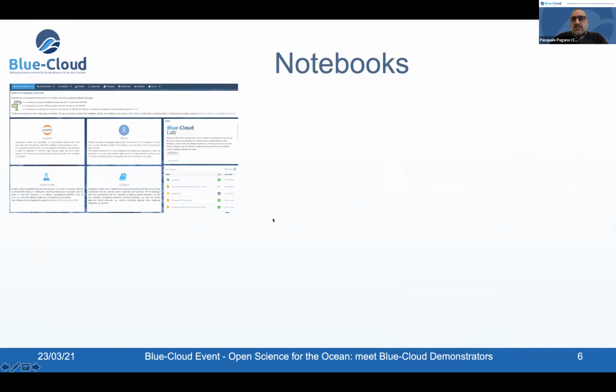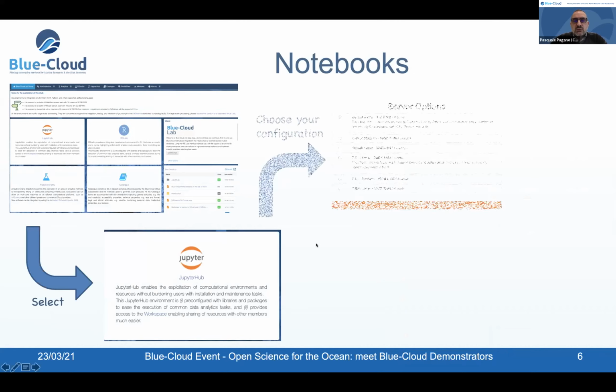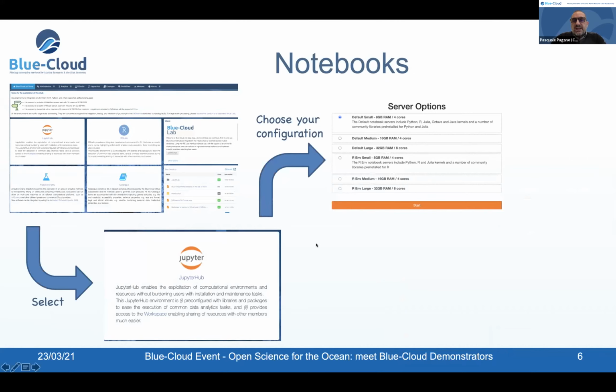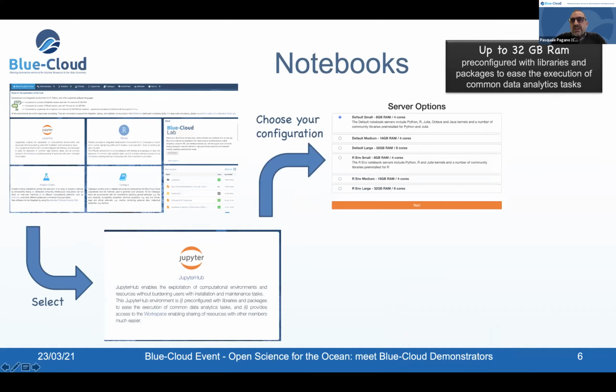The notebook, I believe that many of you already know how to use them, and to use them in the laboratory, it's very easy. You just log in to the Blue Cloud Lab, and then from the home of the laboratory, you just click on the Jupyter Hub, and you see that you can choose your configuration of the notebook. This configuration is up to 52 gigabytes of RAM, so it's quite big in terms of computing resources,